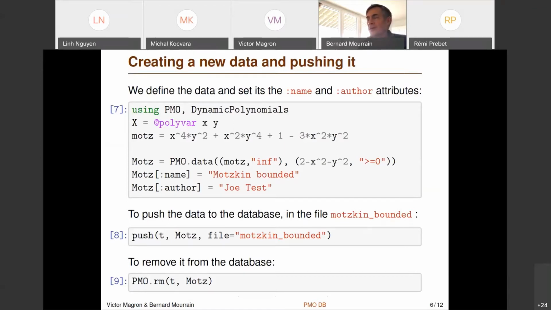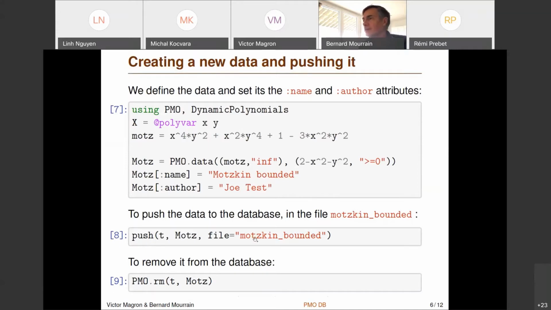Note that all this data have authors, and also a unique identifier, so they are well identified. Once you have done that, you can add it to the database. And here our database is T, the table. So we add this data and we specify here in which file we want to store it.